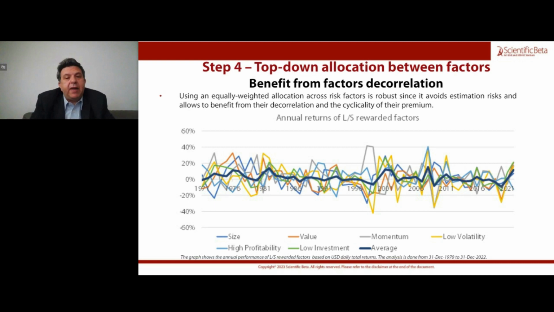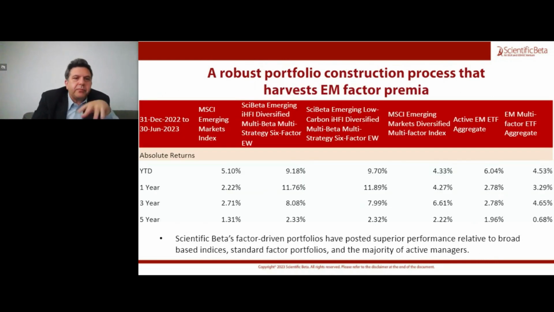But because it's a multi-factor strategy, we also benefit from that diversification among the factors over time. So in other words, we're trying to win, if you will, across time periods rather than in a specific time period. And that is also another distinguishing feature of how we construct portfolios. Now, what is the end result of this? It is what we feel is a robust portfolio construction process that has shown itself to